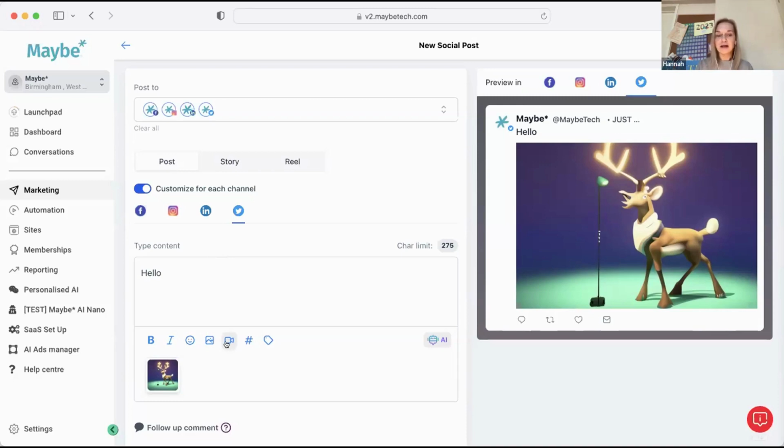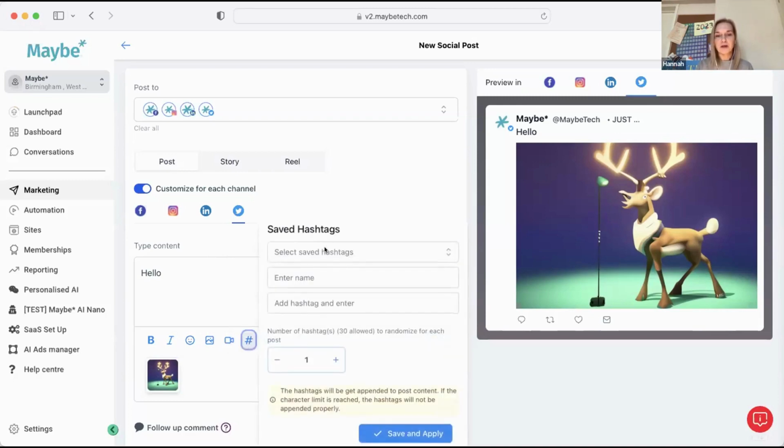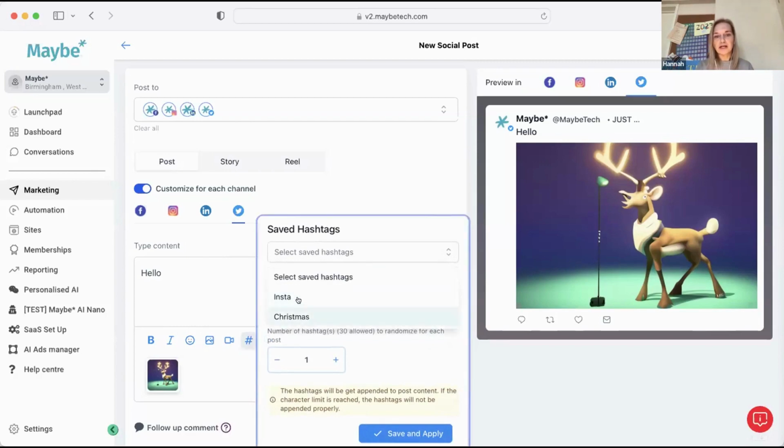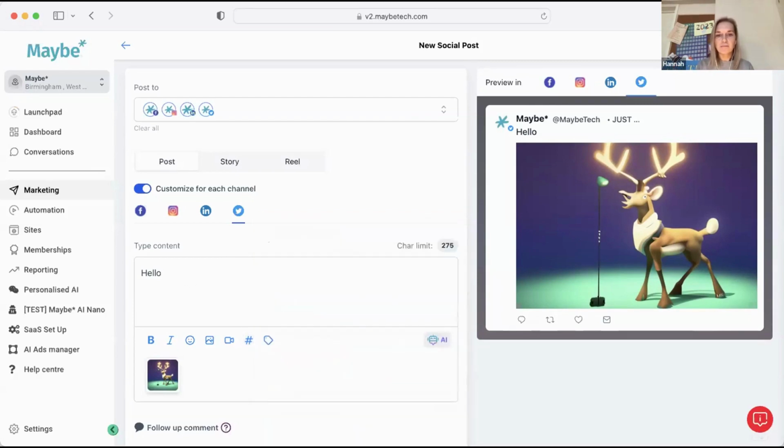You can add videos, hashtags. You can actually group your hashtags. So we've got a couple of groups just here. What you do is you create a group, so obviously it saves you rekeying them every time. You're bound to use similar hashtags for different types of posts, but not necessarily always the same. So you can create groups, and then click and it'll pull the hashtags through to your caption. Especially on Instagram, where you can use up to 30, you don't want to be rekeying them, or even going to a separate document to copy and paste them in. So you can use this feature just here to put your hashtags in.